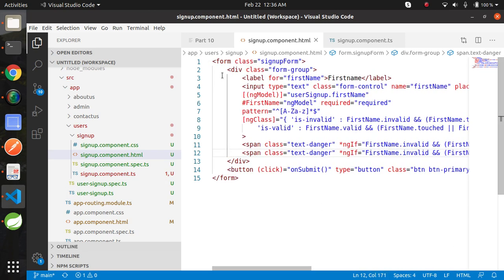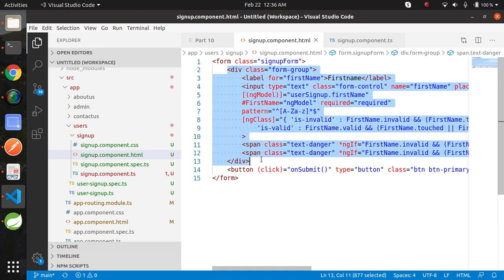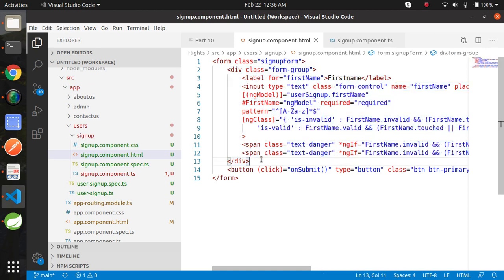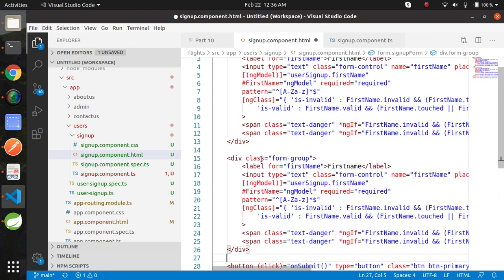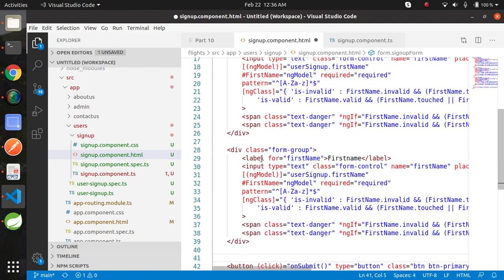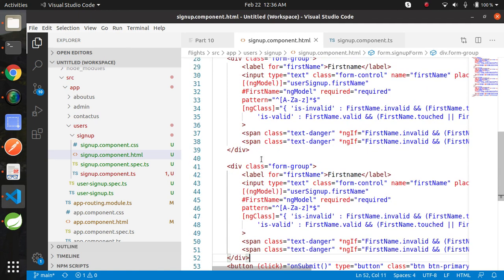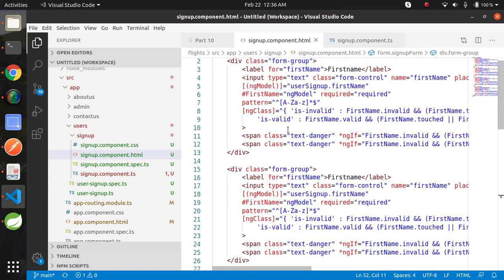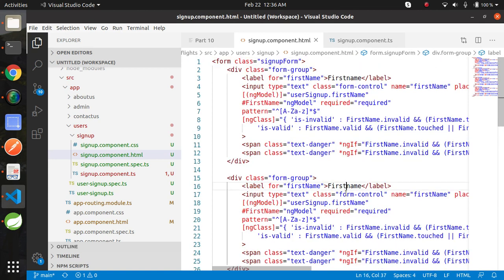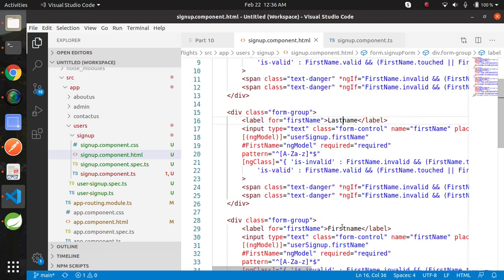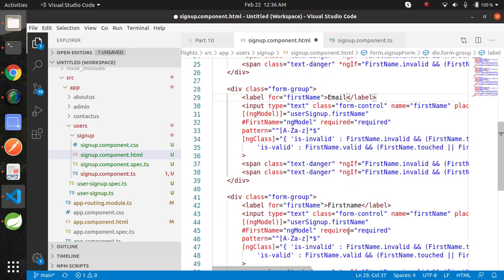Now we need to copy this and paste it 3 times for the rest of the fields, and we need to modify some things. This is first name, just add here. This is last name, this is email, and this is password.